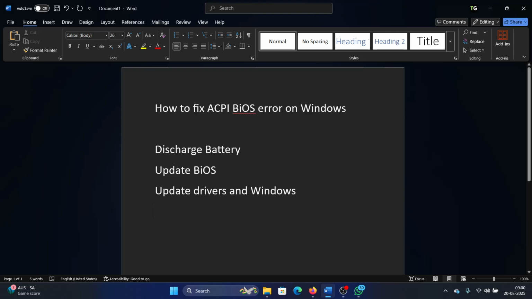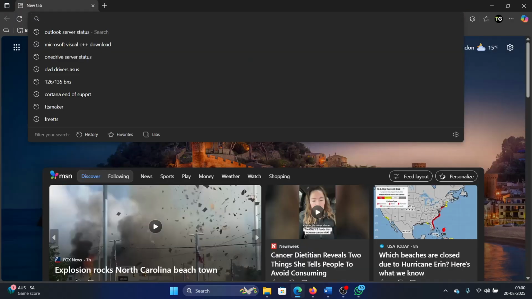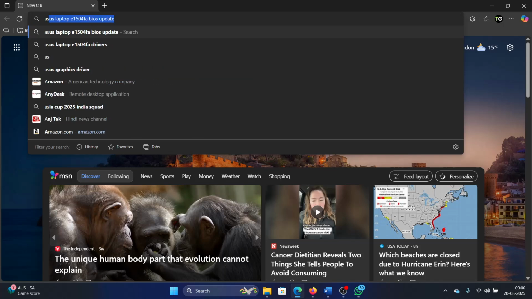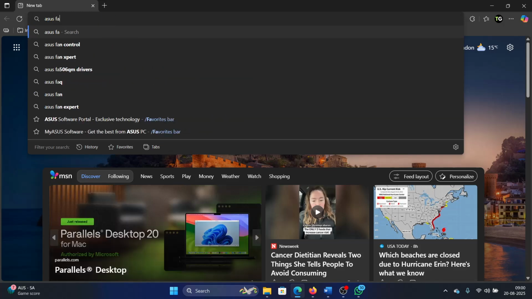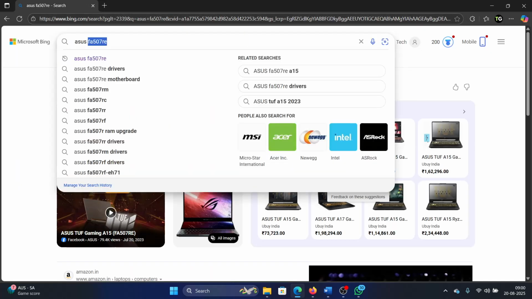The next solution is to update BIOS. So here's what you have to do. Search for the model number, your brand, and then the model number of your system. Or you can just search for its drivers